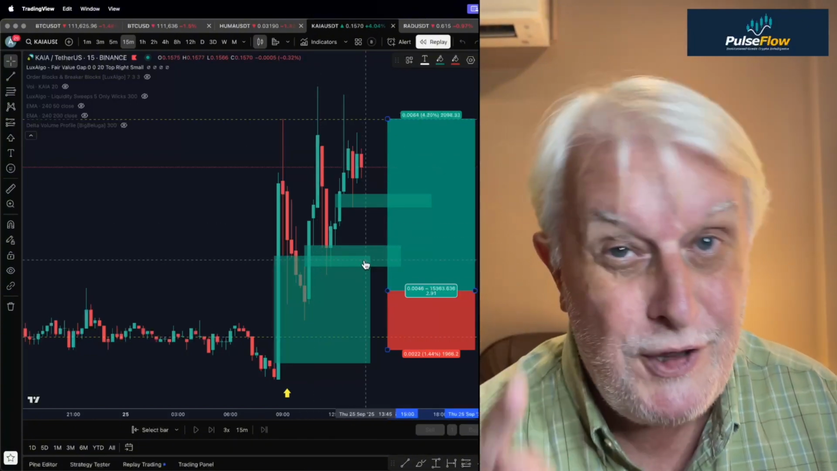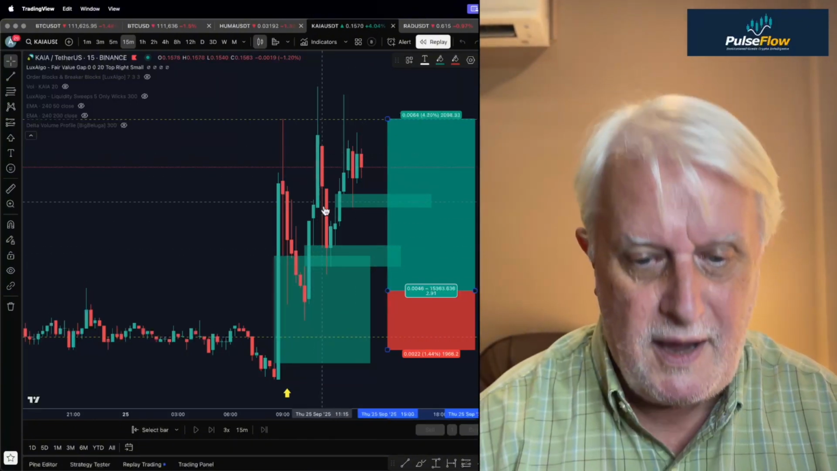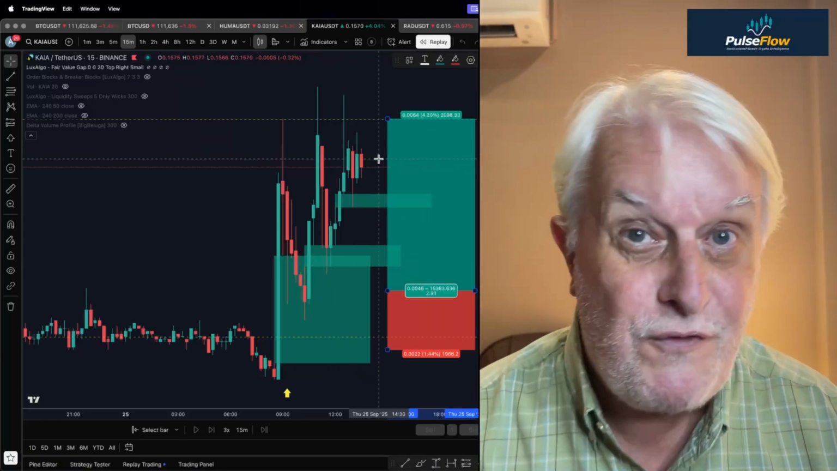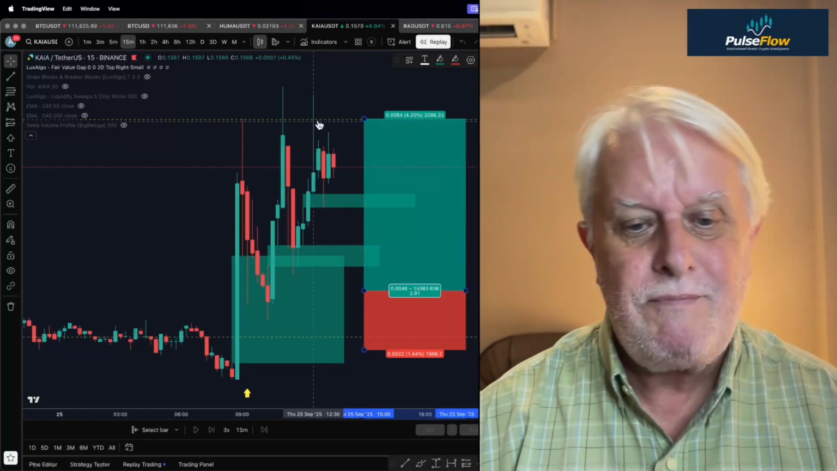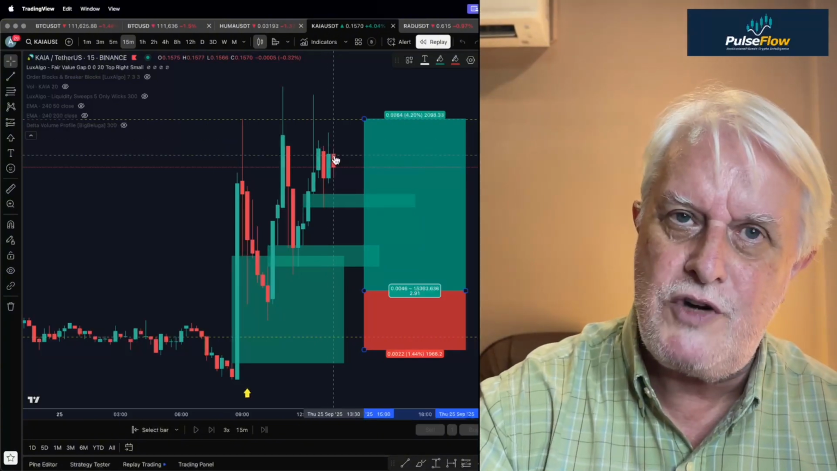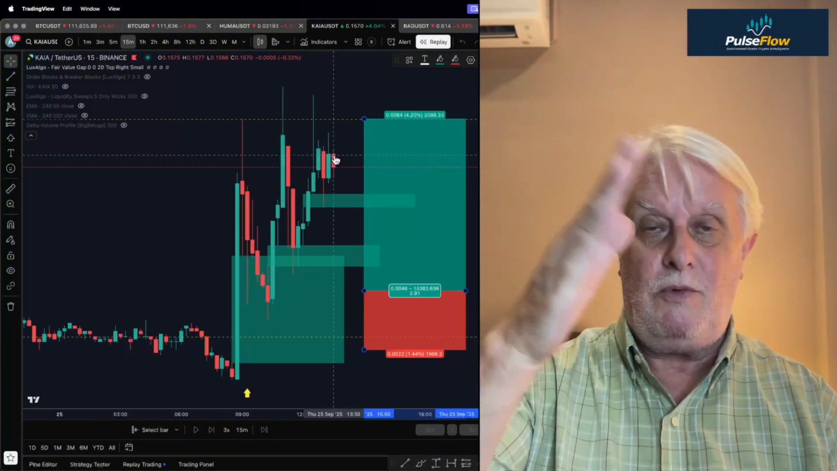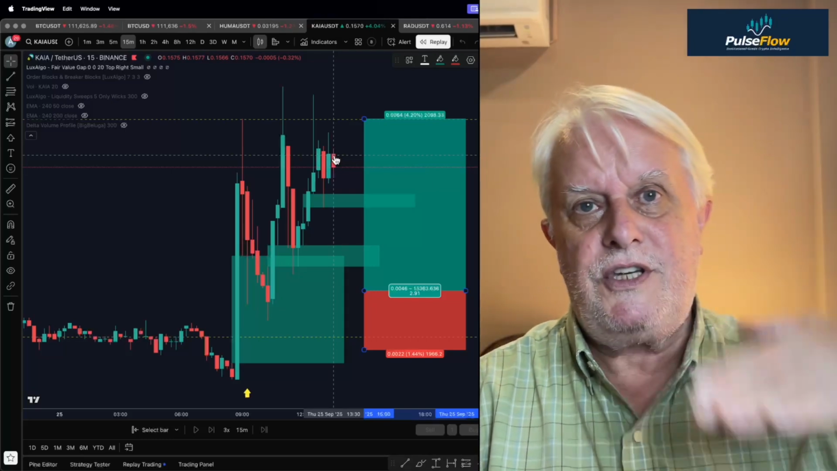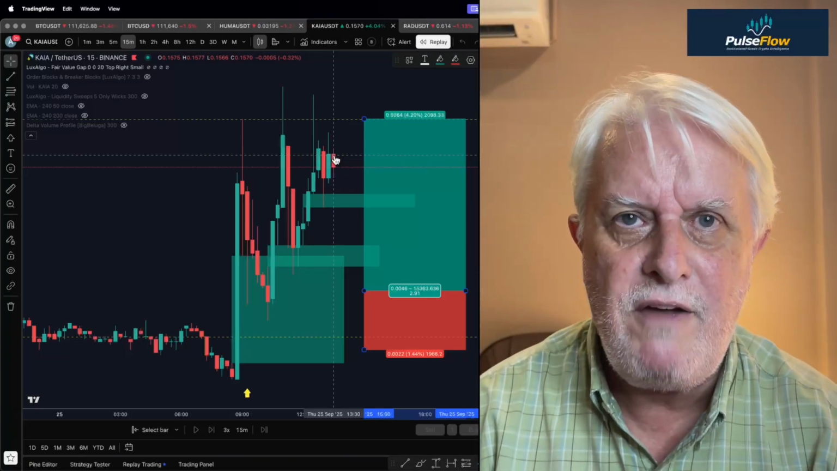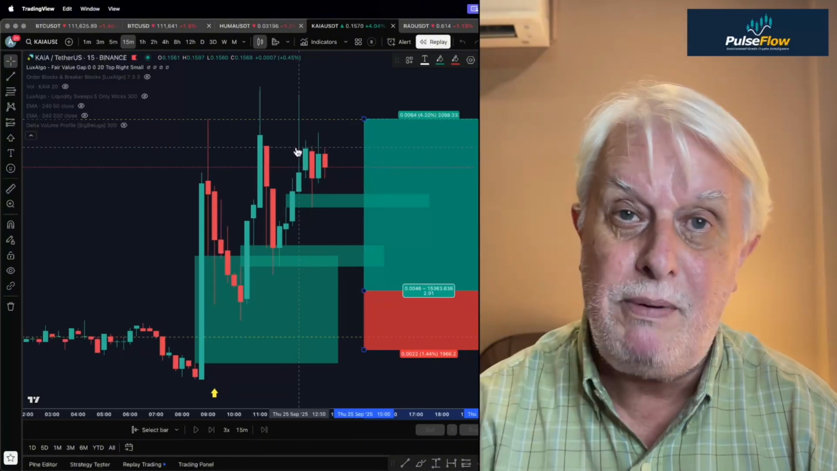It formed yet another fair value gap on the way up, came back down to pick up those orders, shot back up, formed yet another fair value gap, a third one, came back down and filled those orders, and now it's wondering what to do. Of course, at some point, it will turn back down. Now, this is called staircasing, and it just goes to show you the power of fair value gaps